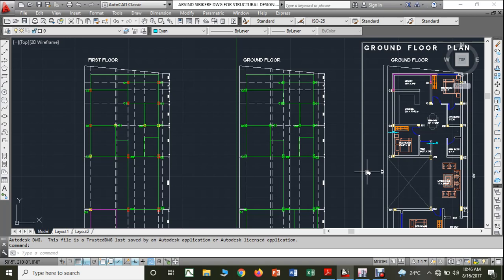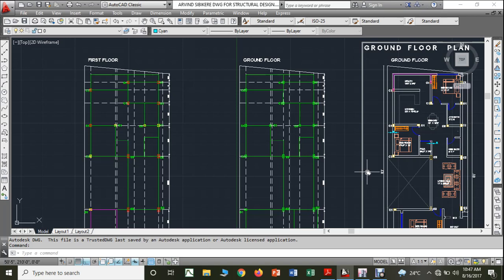Now, similar to the column, in the beam also we are not going to have the same dimensions for all the beams. Here also we make categories of the beam. Some beams will have a smaller dimension, which receives less loading, some beams will have a medium dimension, which receives medium loading, and some beams will have a larger dimension, which receives heavy loading. Before we move on to that, we have IS code provisions also in order to decide the beam